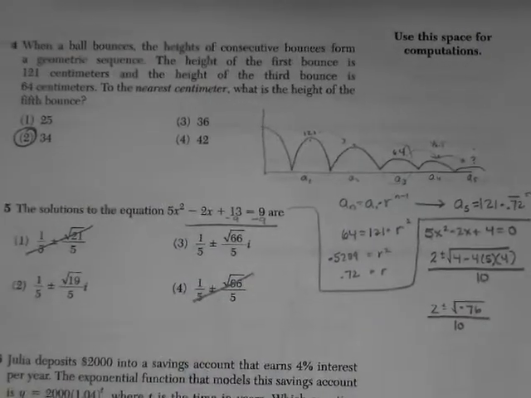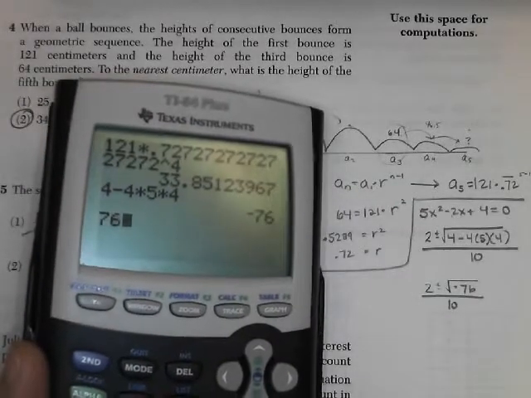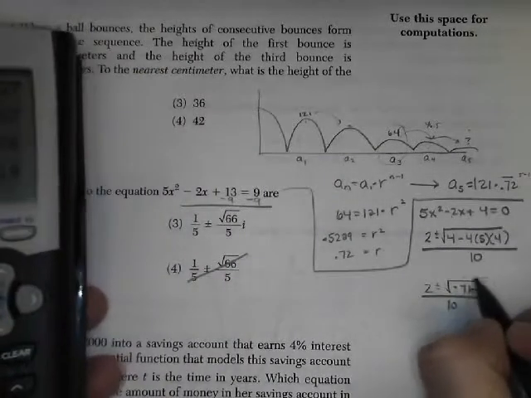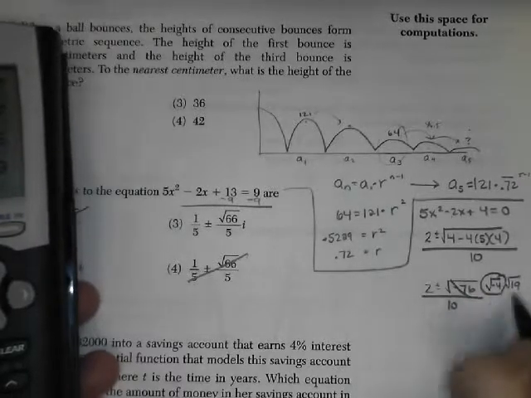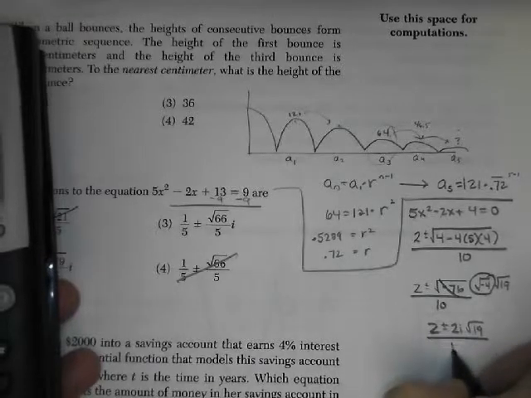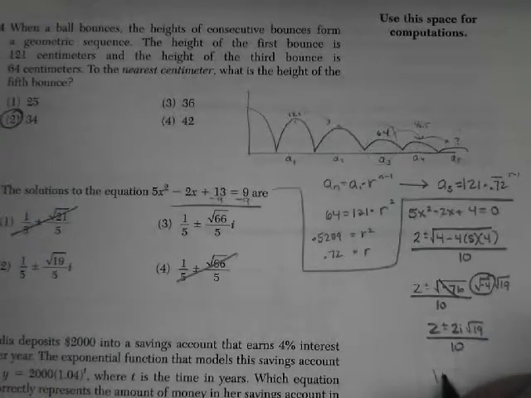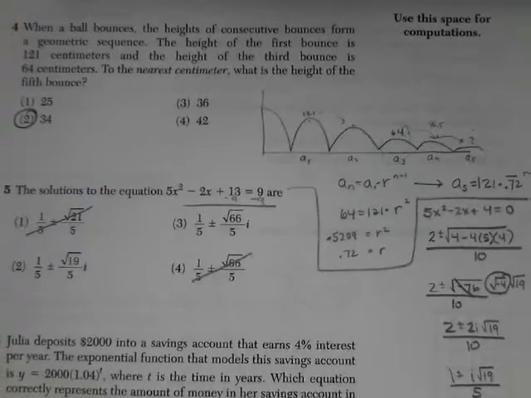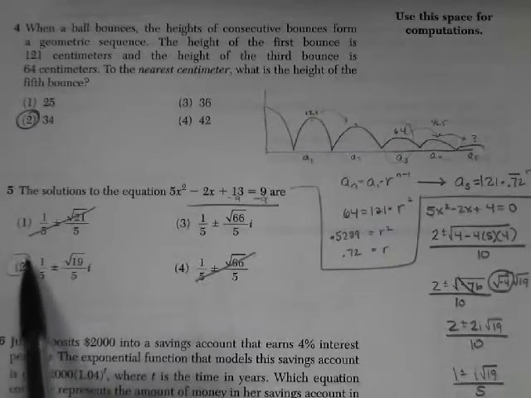So those are out. And then 76, I think a 4 goes into there. So 76 divided by 4 would give me, this is the same thing as negative 4 times 19. So that's going to give me my 2i. So 2 plus or minus 2i root 19 all over 10. And this and that are all divisible by 2, so 1 plus or minus 1i root 19 over 5. And this is common on the Regents. They split this up. So they do 1/5 plus or minus i root 19 over 5. So that would be option